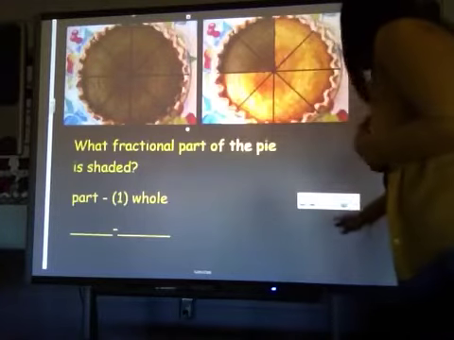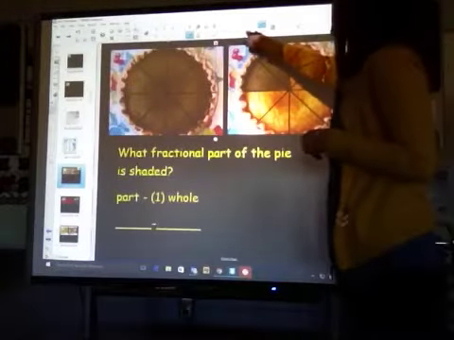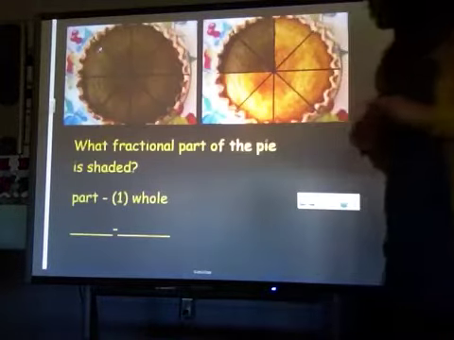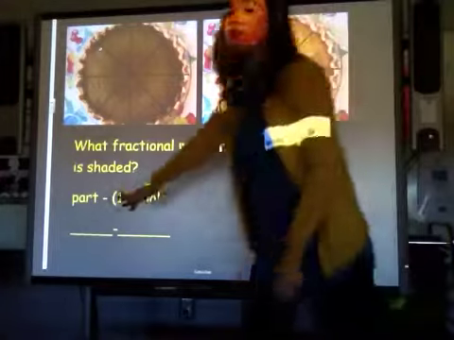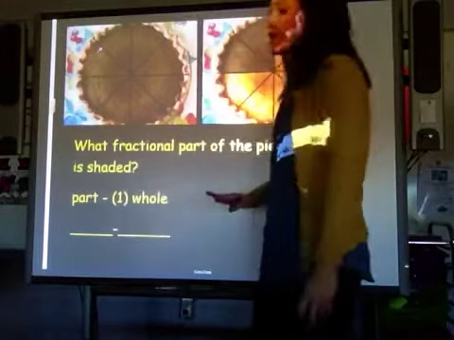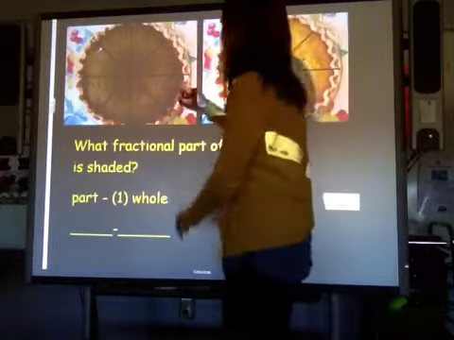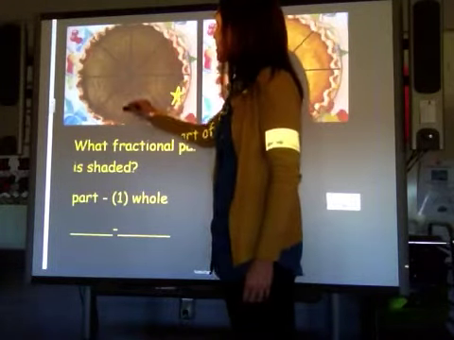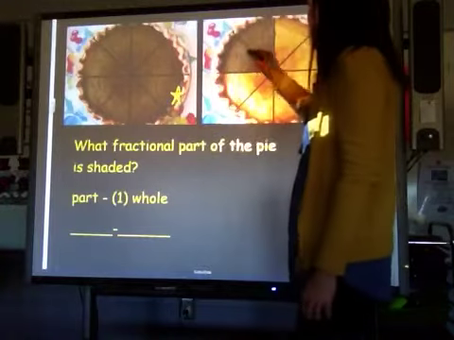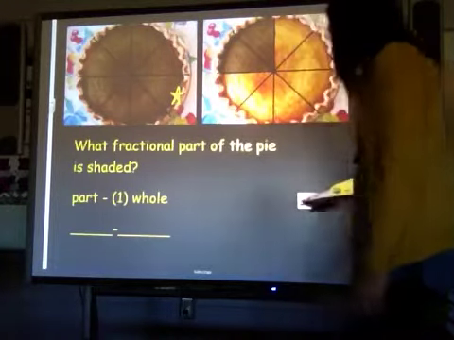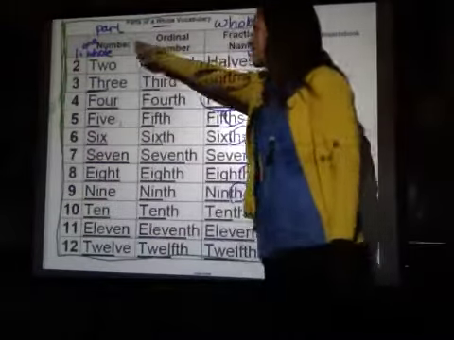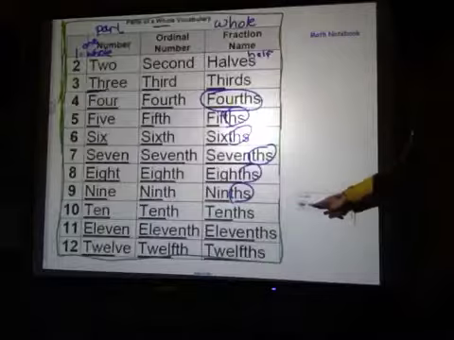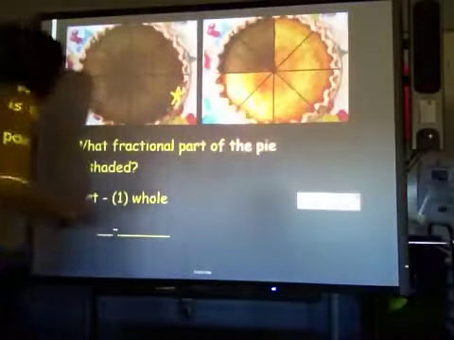So first, let me make sure I have the right color of ink. There we go. Okay. What fractional part of the pie is shaded? And I put a reminder down here. Name the part first. So here we go. 1, I'll mark it so I don't count it twice. 1, 2, 3, 4, 5, 6, 7, 8, 9, 10. So for 10, we just go back, make sure we spell it correctly. The part, we do not put the ending on it yet. There's 10, no I in 10. So the part is